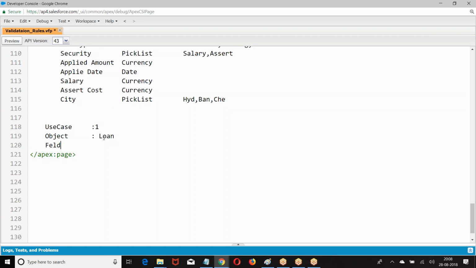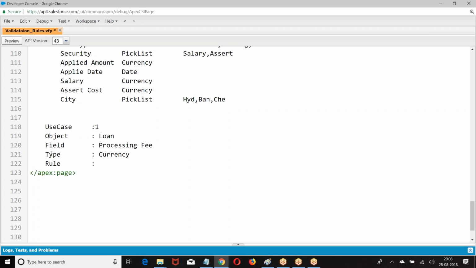Now the field. What is the field you want to create? Processing fee. What is the rule?